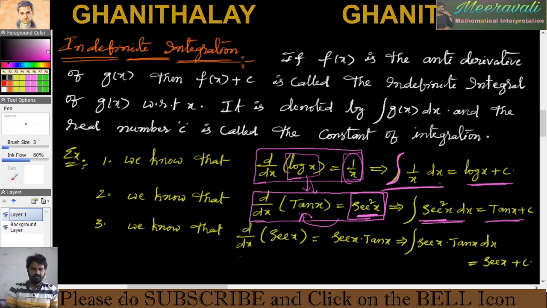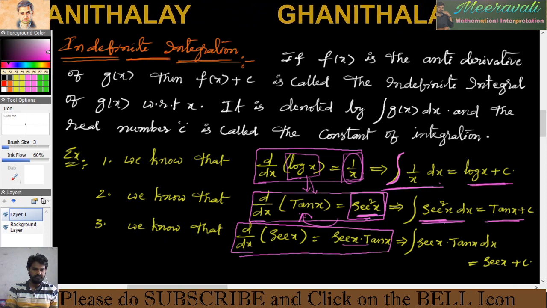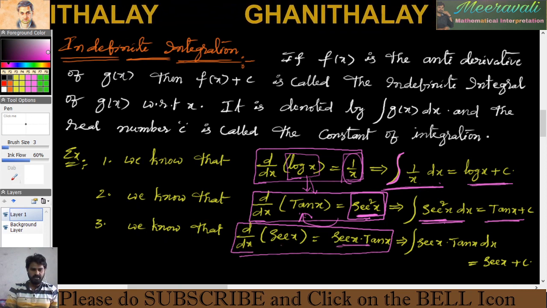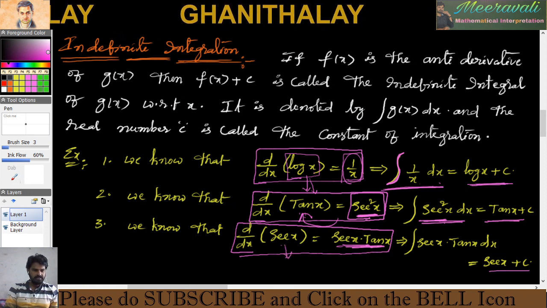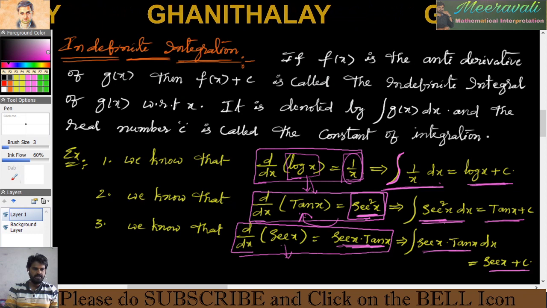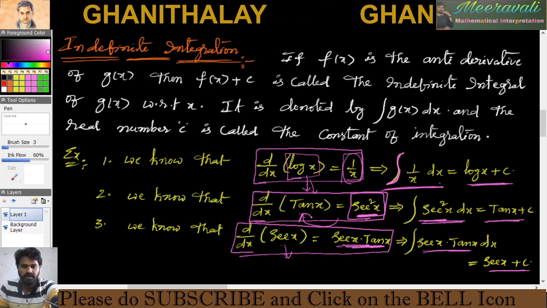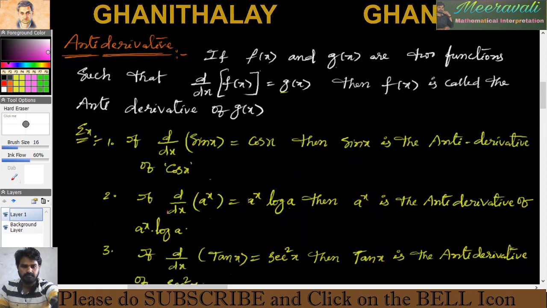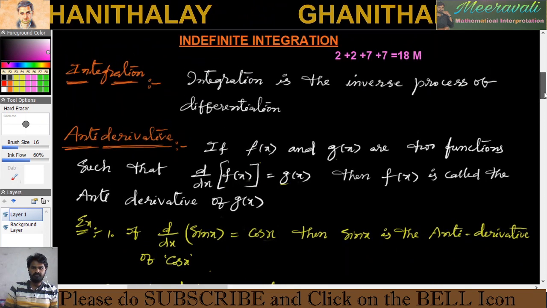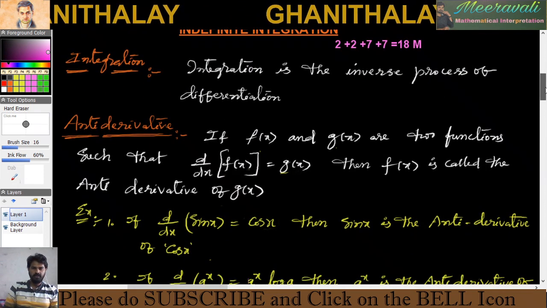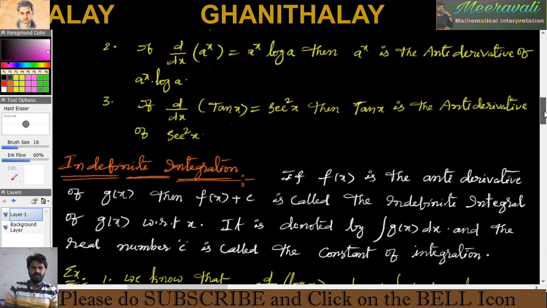So here also the derivative of secant x is equal to secant x into tan x. Here secant x is the antiderivative of secant x into tan x. Now secant x plus c is the indefinite integral of secant x into tan x. So this is the main basic concept of indefinite integration. Okay, they all are the main definitions. You have to note the definition of integration and the definition of antiderivative, and some examples, and also the definition of indefinite integration